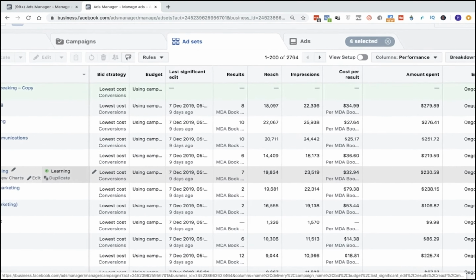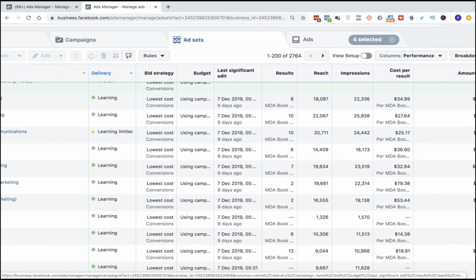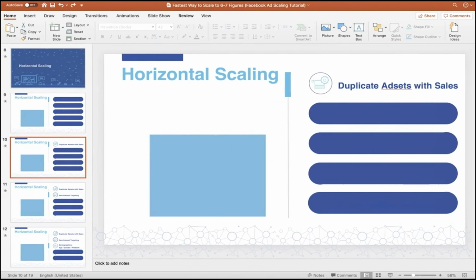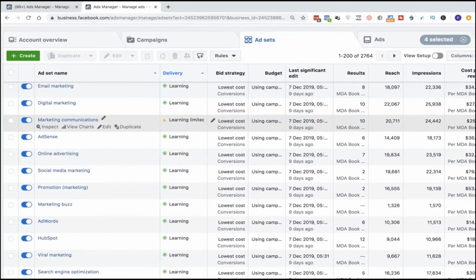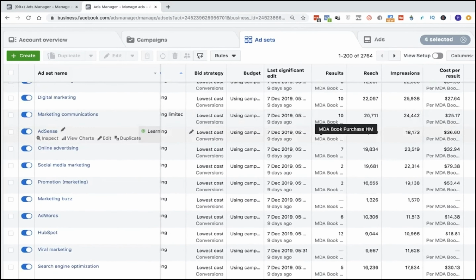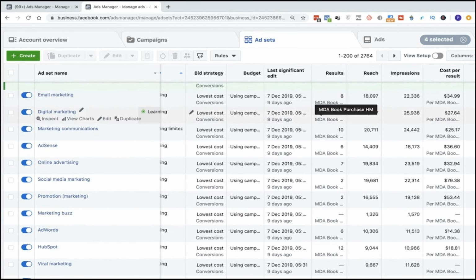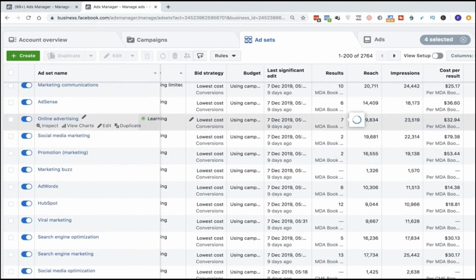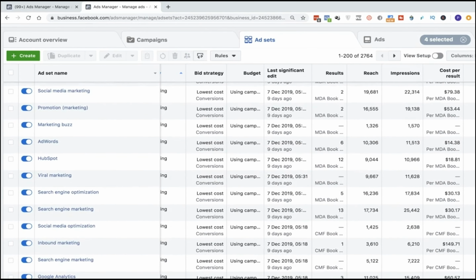I'm showing you actual numbers over here, and I want to be able to take a look at the different ad sets and see which one has sales. So for example, you can see that some of these ad sets have 8 sales, 10 sales, with a different cost per result, right? So this has got like 6 sales, 12 sales, 13 sales,